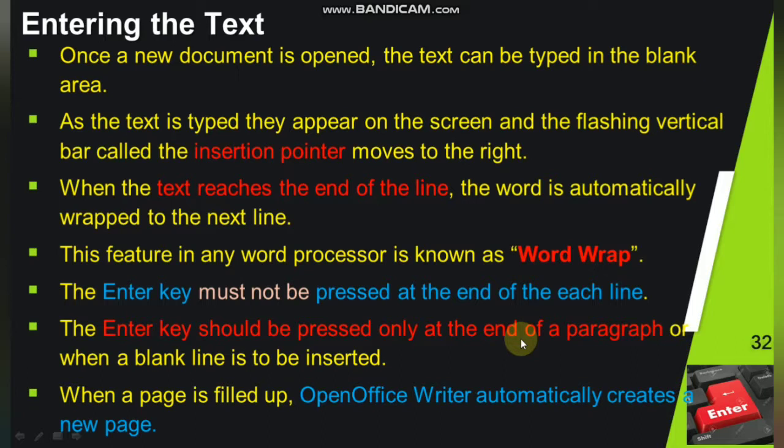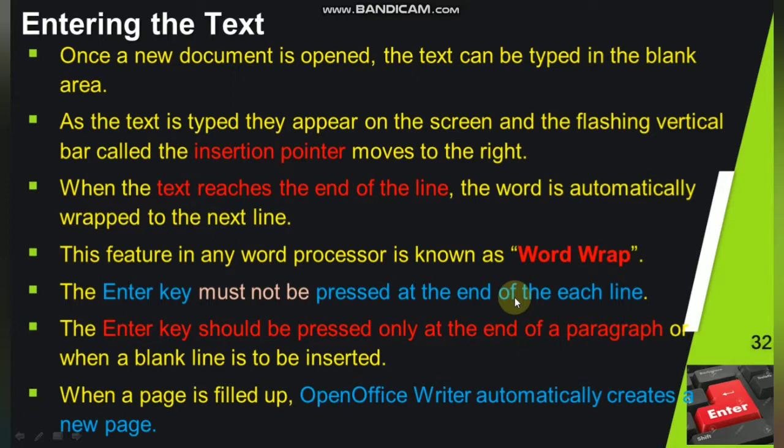Then the types of toolbars, which are the standard toolbar and the formatting toolbar. Then the workspace. The white area which we see in our application or in our document is called our workspace.